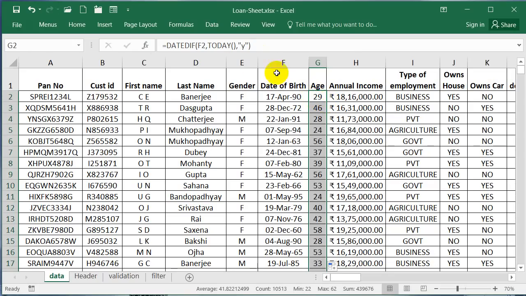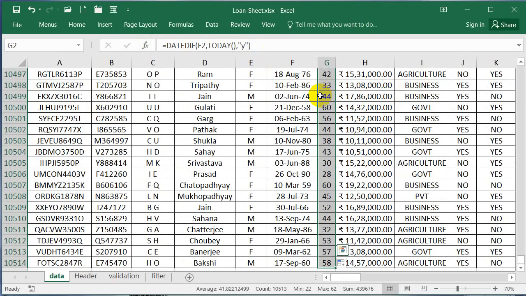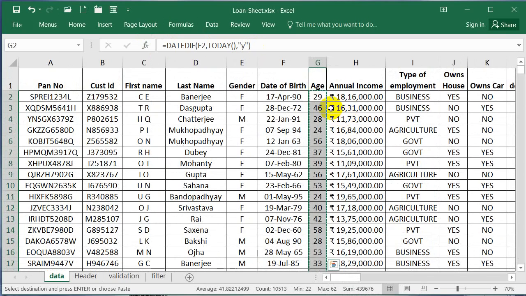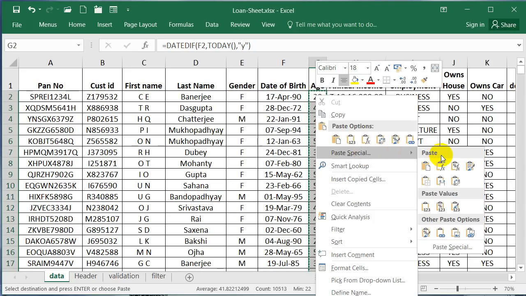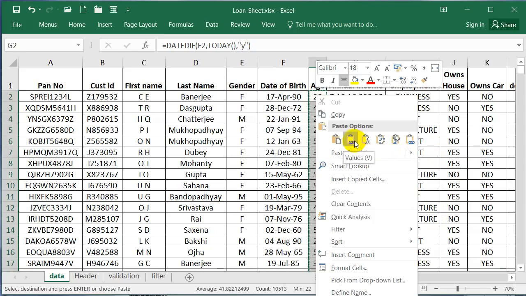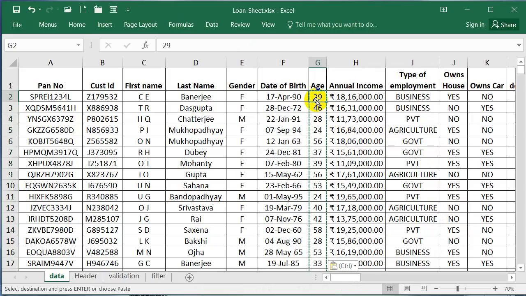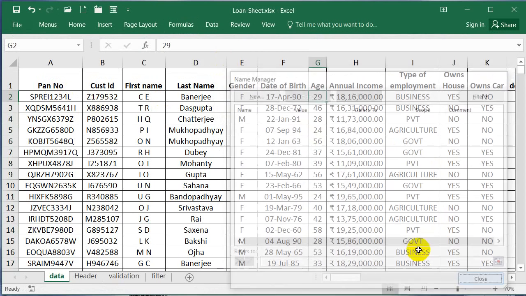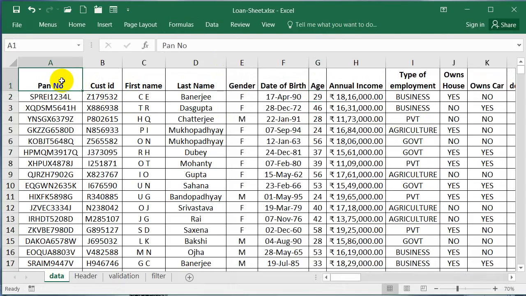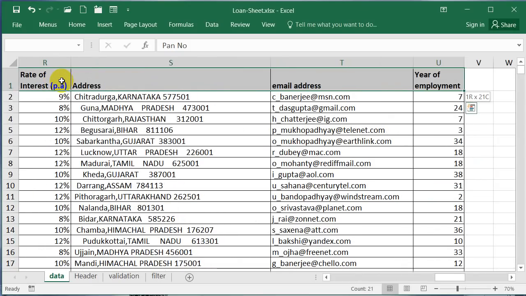And because this is a formula, we select this column, Control Shift down arrow, right click it, copy, and at the same place we say paste option, paste as values, either through this or through paste special, whichever way. This is already there, so I'll paste it. So now it is no more a formula. So now we have date of birth, and we have already removed all the names. So now we go to A1 cell, Shift Control right arrow, all the headers have been selected.